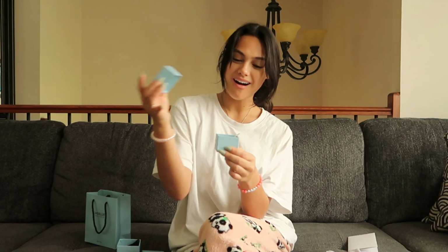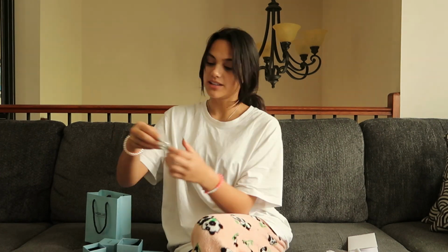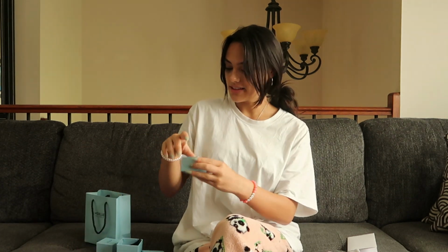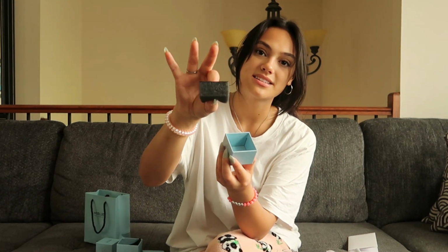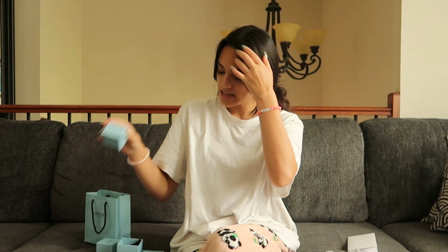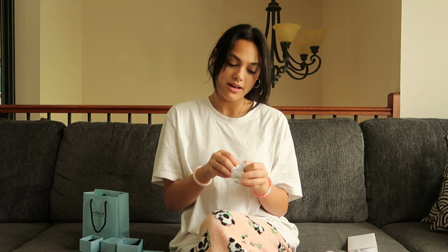Inside the box is the ring I got. This one is called the Perfect Fit 3-stone oval lab-grown white ring. I'll take it out of the little baggie it came in, and I'd like to let you know that the little box is basically a holder for your ring. It has a little slit so you can put it in, and it has really thick foam, so you don't have to worry about it getting damaged or scratched. So we'll take it out of the bag,